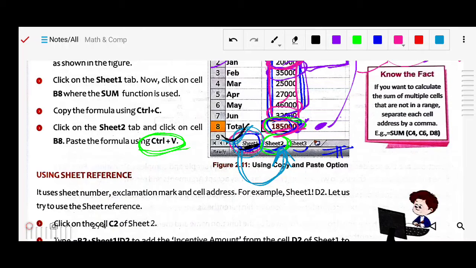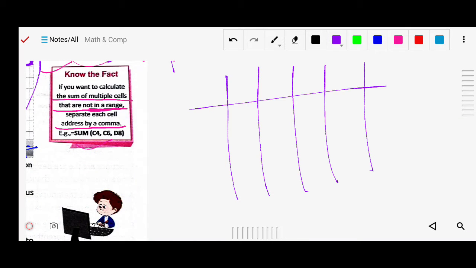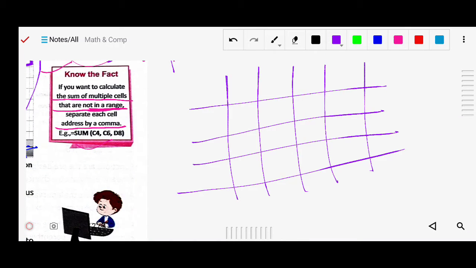Now you should know this fact: if you want to calculate the sum of multiple cells that are not in a range, it is important to separate each cell address by a comma. Earlier, suppose we have to calculate all these cells, we simply select the range from here to here, use SUM with the bracket, and select the range with the colon sign.